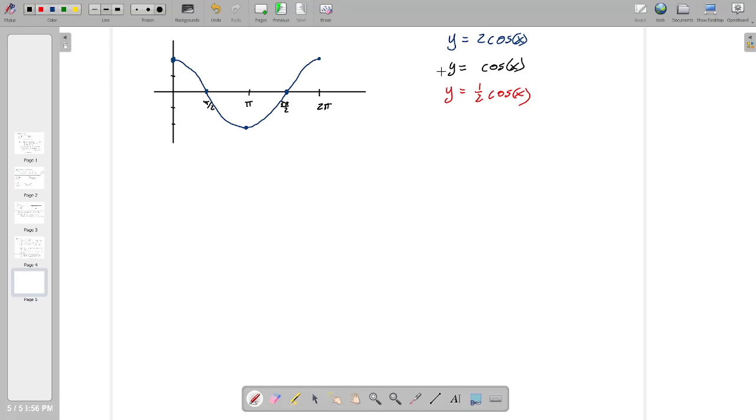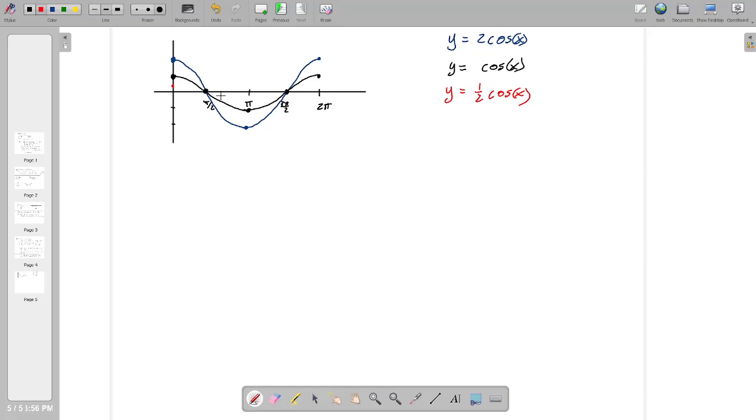Now, the black curve is just the regular cosine curve, meaning that we start at 1, not 2, because we have a 1 here. We're not stretching it vertically. Still cross at pi over 2, reach -1 at pi, still cross the x-axis at 3 pi over 2, and we reach 1 at 2 pi. It'll look like this. That's the regular cosine curve, and then the 1/2, we shrink by a factor of 2,